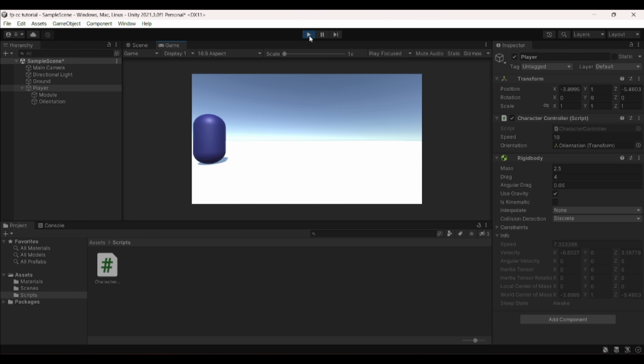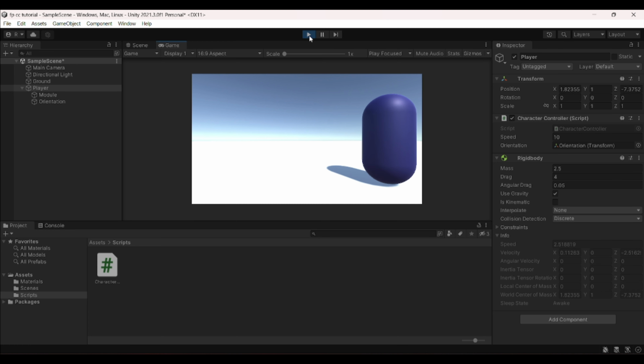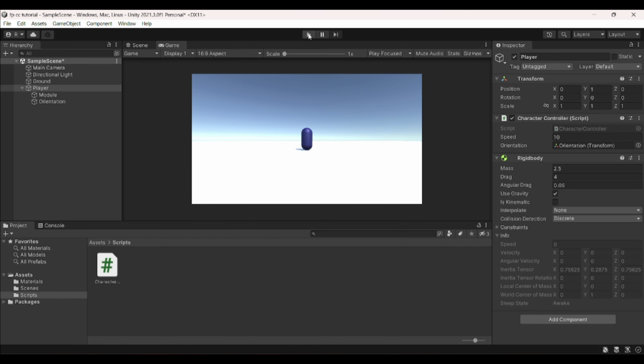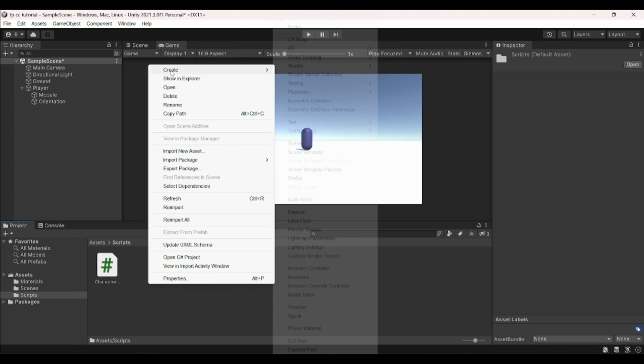So, now that we've got our player to move, in the next episode, we'll be making a script for the main camera and setting it for a player camera so that our player gets a 360 view around themselves. So you can test the movement for a little longer if you like. But after this, we are going to create a camera controller script. So right now, we're just going to create the variables for the script, kind of like how we did for the character controller script in the first episode. And then later, we're going to create the entire script.